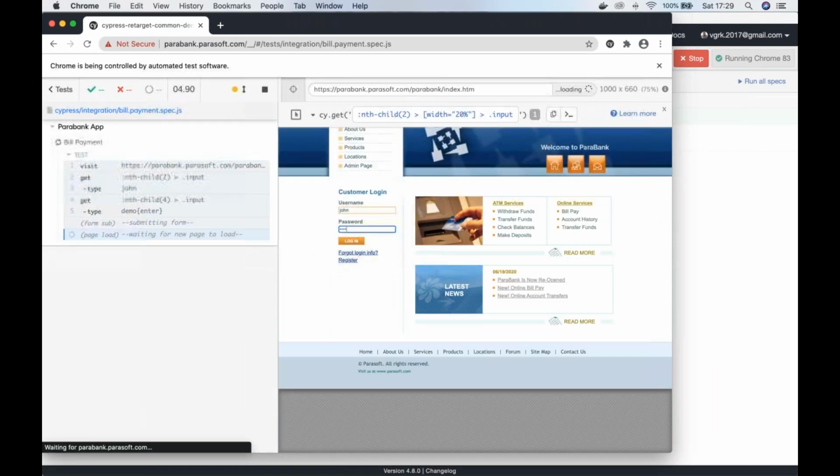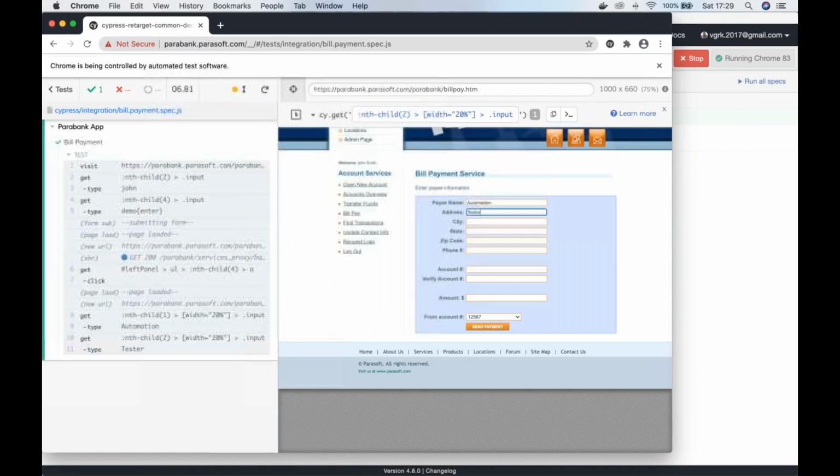Cool. I think it is still executing. Okay, cool, no worries. Yeah, tester. So likewise, we need to give everything here and click on this send payment, which will ultimately go to the next page, and then we will be able to